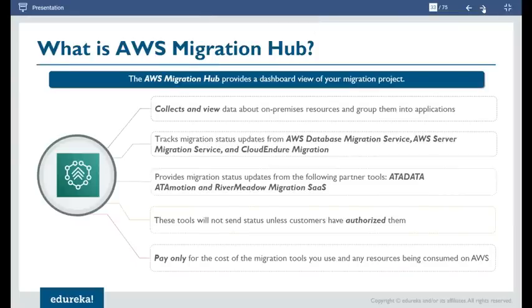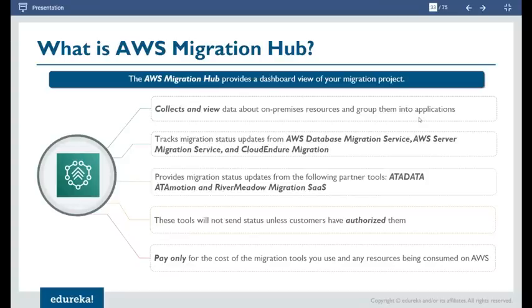So what is AWS Migration Hub? As I say, it provides a dashboard view of your migration project. It helps you collect and view data about your on-prem resources and group them into applications.